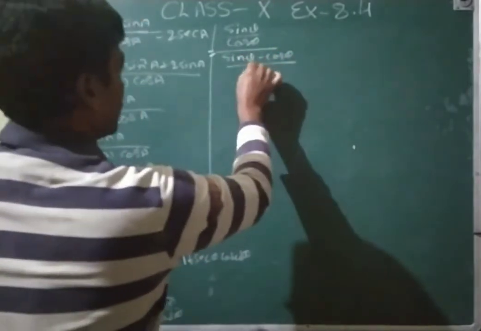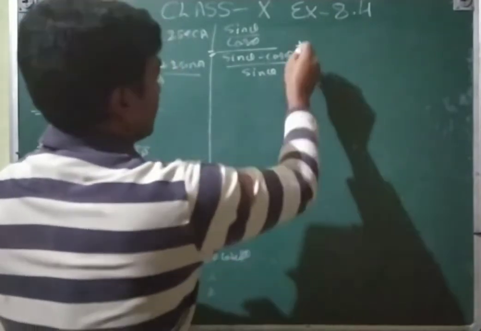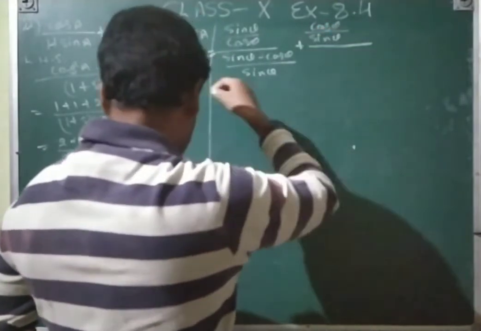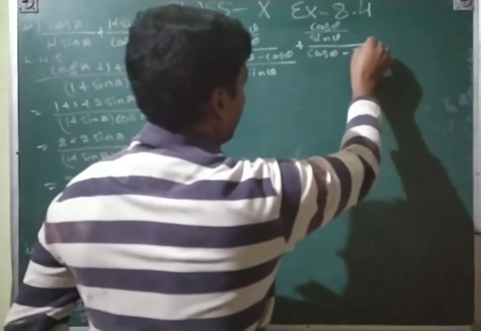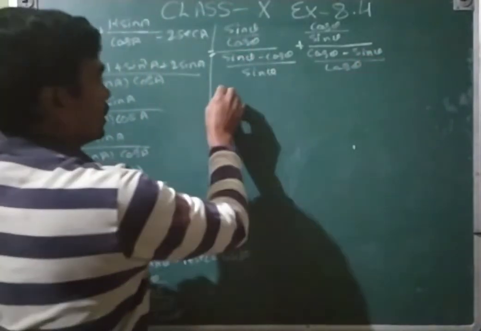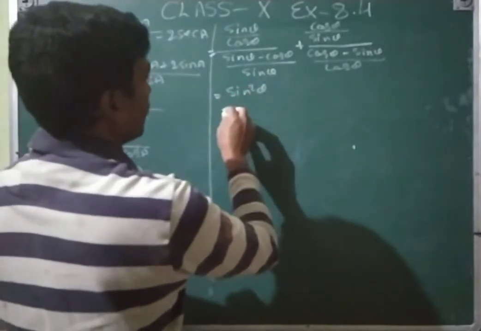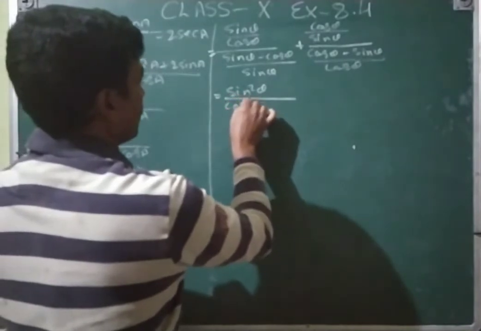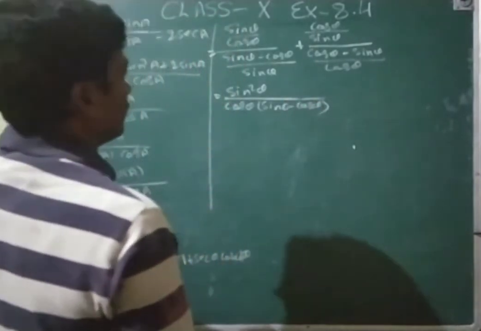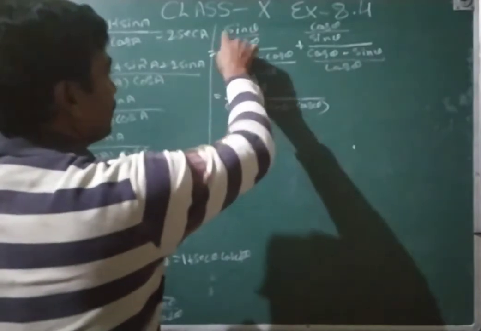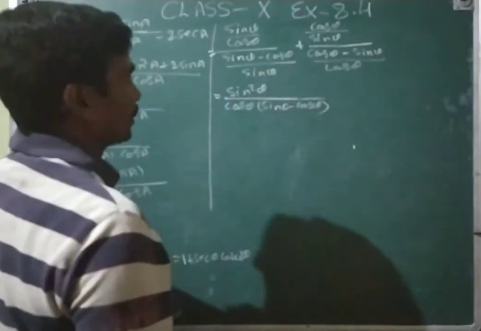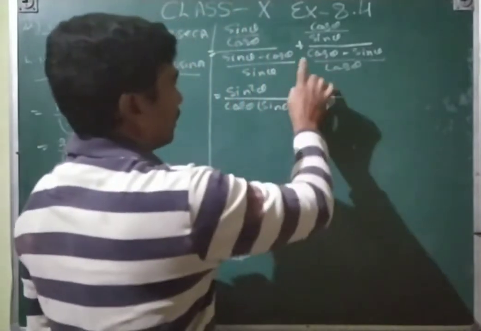Upon sin theta, and then plus similarly here also cos theta upon sin theta, here we will also take the common, so that will be cos theta minus sin theta upon cos theta, and then by this one reciprocal, that will be sin square theta upon cos theta, sin theta minus cos theta, and then by the reciprocal, you know that the upon is this one, and this is also in upon, so that will be sin theta upon sin theta, and then here we will put the minus, but here we are looking plus.